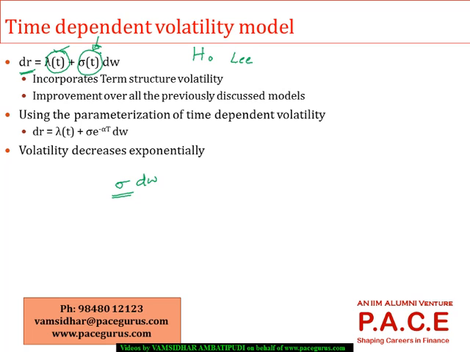And generally, this sigma of t, we can have various models or various mechanisms to come up with this sigma of t, but the more time decaying version of sigma of t, people take it as sigma